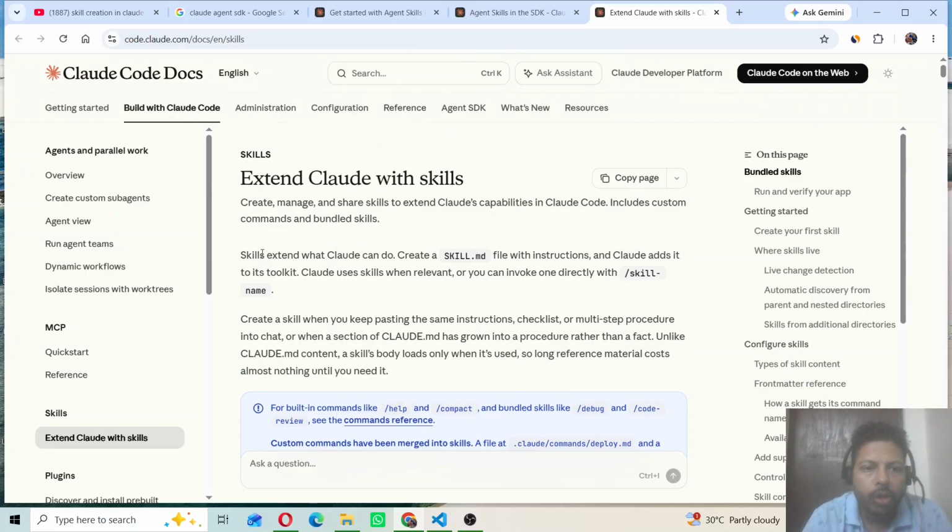Based on the documentation, it is written that using skills, we can create, manage, and share skills to extend Claude's capabilities in Claude Code. So suppose there is a work and we want to perform that work. What we can do is create a skill, and whenever we ask Claude to perform that task, instead of analyzing again and going through the whole process, it will directly go to that particular skill